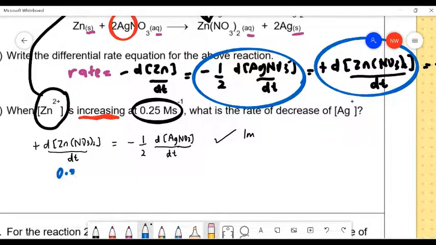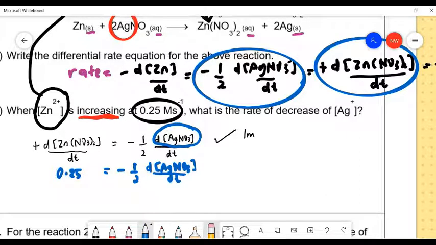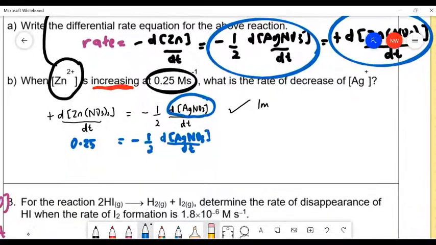So, 0.25 equal to negative 1/2. Apa yang kita nak cari dekat sini adalah silver ion punya depletion. So, you tulis kat situ negative 1/2 d[AgNO3]/dt. Jadi, apa yang kita dapat dekat sini, make sure you remember, I nak pesan dekat you siap-siap ni, bila melibatkan